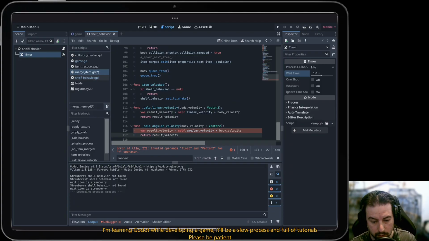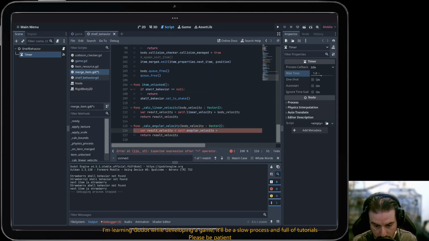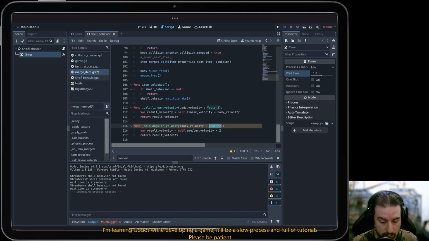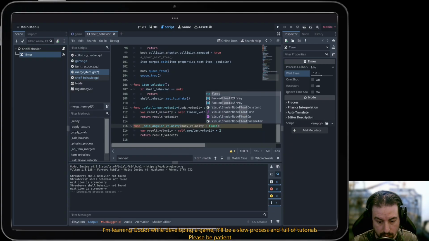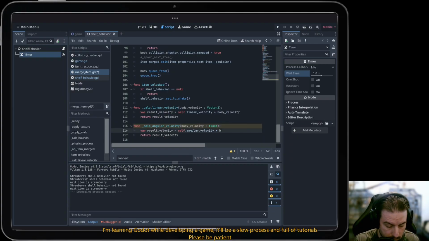It's the float. It's angular velocity a float. Oh, I didn't know that. Okay, so body velocity is not a float. Okay, I didn't know that. Okay, so